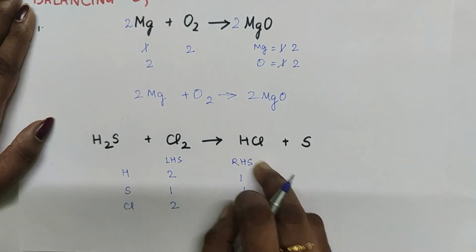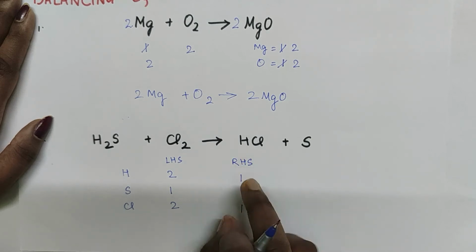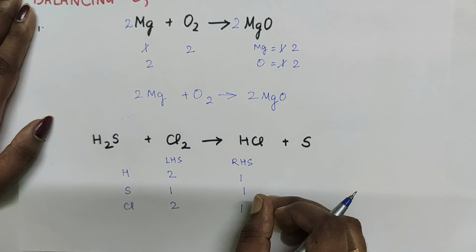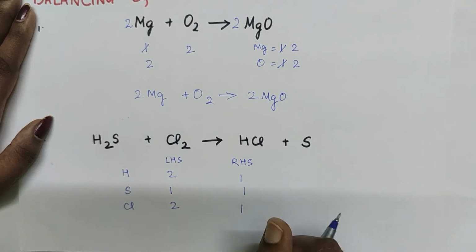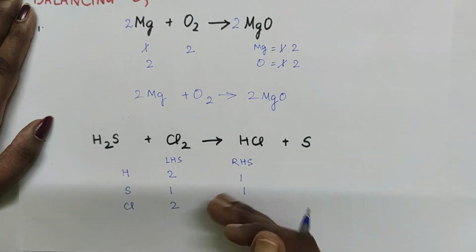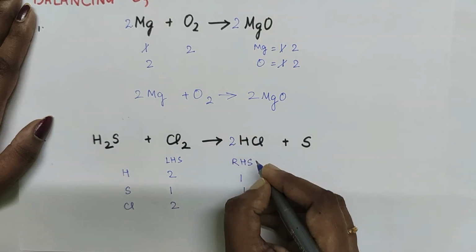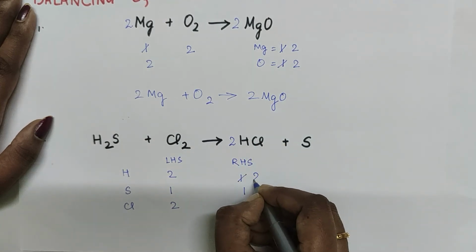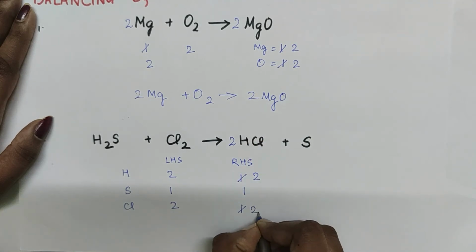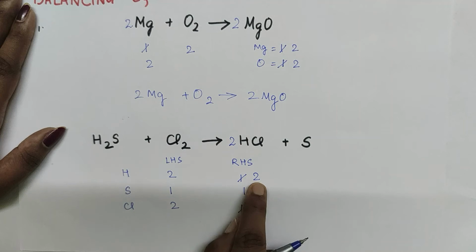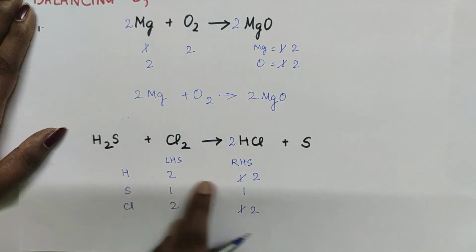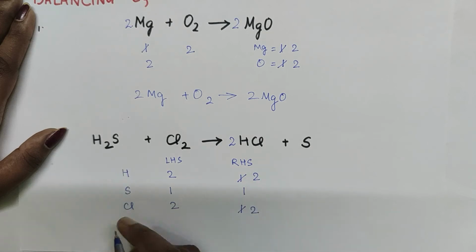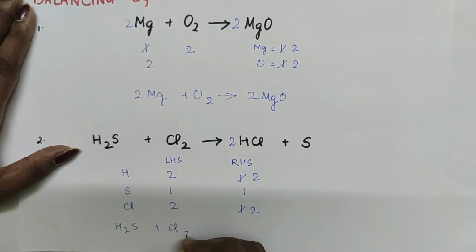So you can see on the product side, hydrogen and chlorine atoms all have the number 1. So let us increase them. We cannot decrease, so we have to increase. If I put a 2 here, this number is known as a coefficient. So when I put 2, hydrogen becomes 2, and the chlorine is also affected, so this becomes 2. Now the right hand side is balanced with the left hand side, so this becomes a balanced equation. I can write it again, completely balanced. This is the simple hit and trial method which we are using to balance.